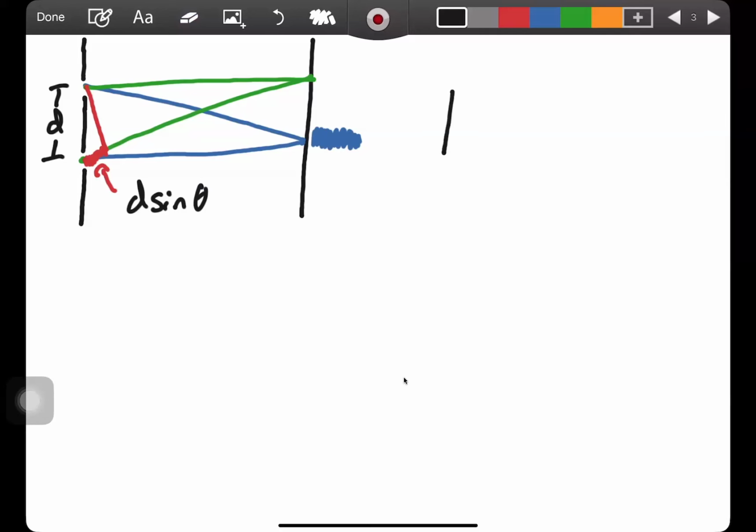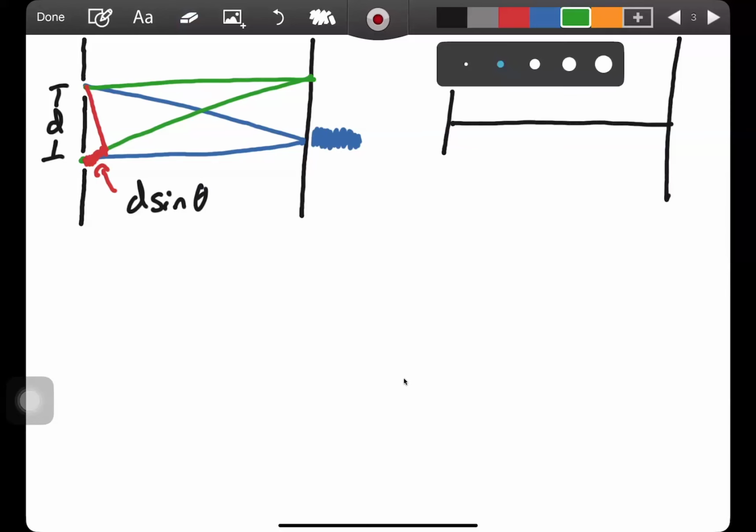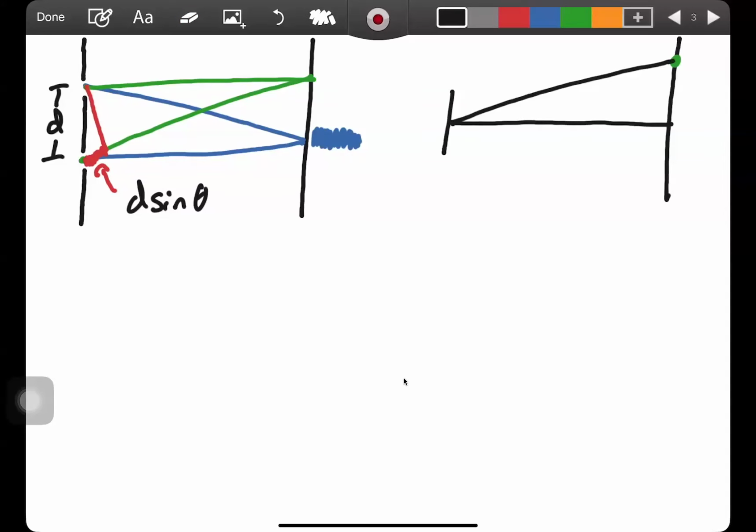And theta, so if you can just imagine you've got on one side your slits and on another side your screen, you can assume that the screen is relatively far away, especially given the size of the wavelength. And so if I draw a perpendicular line like this, then at some location on the screen, we are going to define some angle theta. And so that angle theta, if you think of the position on the screen as y, like this distance right here is y, and you think of the distance from the slits to the screen as x, like this,